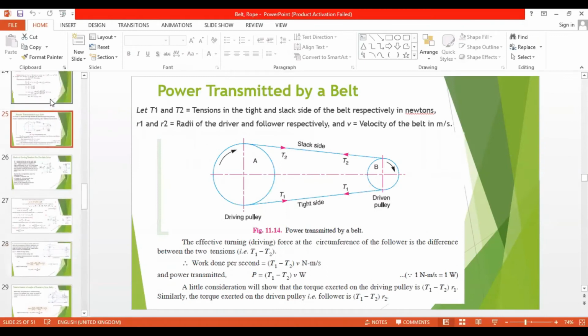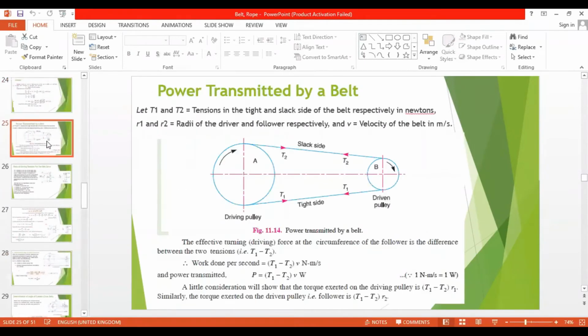Let's see the power transmitted by a belt. The purpose of the belt is to transmit power from one location to another. Power may be generated in one place and needed somewhere far from the generated point. That's the purpose of the belt drive, and not only belt drive, but also chain drive and gear. Now we are going to see how much power is transmitted by a belt drive,